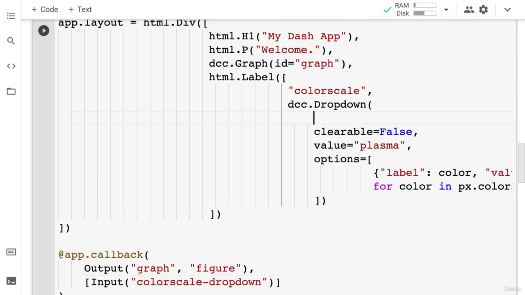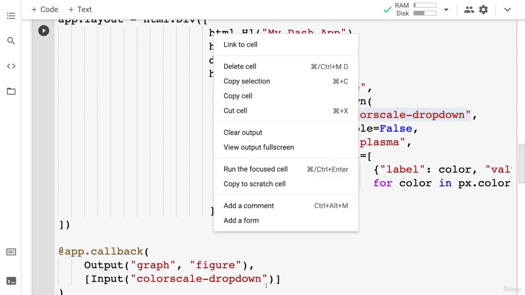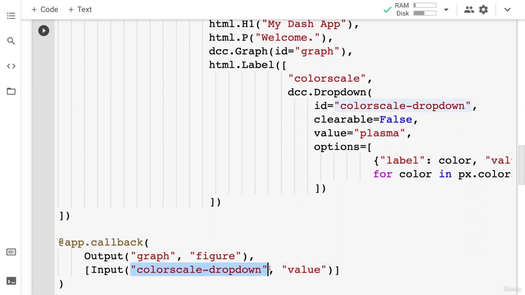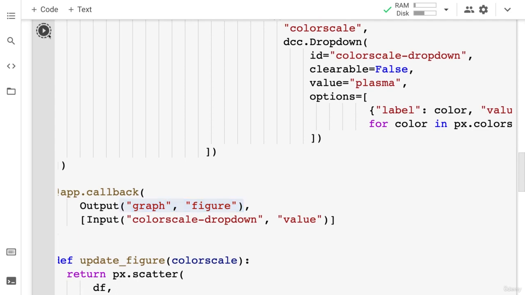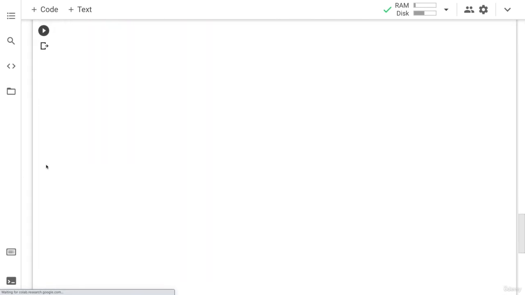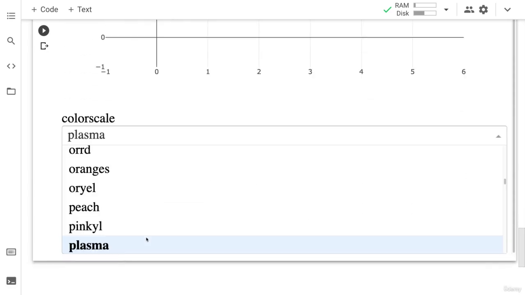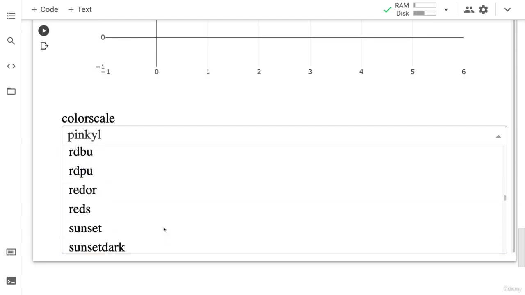Okay, so this means that whenever there is a change here on this color scale dropdown, just make sure here, by the way, that you use a hyphen instead of an equal sign in this ID. So whenever the color scale dropdown is interacted with, that's going to be considered input, and we're going to get its value from that. So we're going to get the value of that dropdown, whatever the user selects, and we're going to use that to produce the graph. So now let's run this code cell again, and I'm going to scroll down here, and just after a moment we'll see here is our graph,